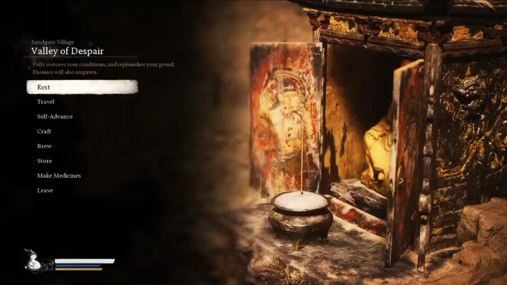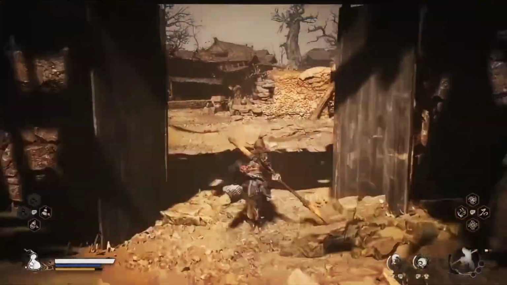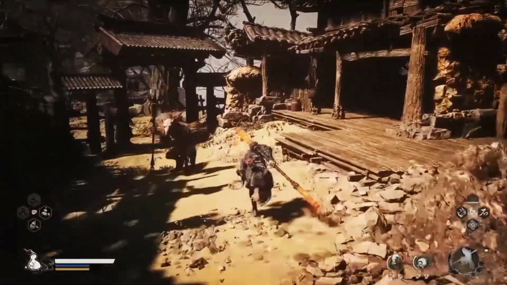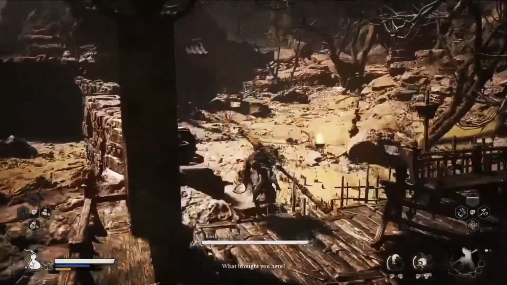For our third and last area, we need to go to the Valley of Despair, and you will once again backtrack your way up and through the gate, running up towards where the two-headed rats are, run past them, and go into the village, where you will then find a well. There is a mini-boss here on the left you can ignore and come back and fight later, but after you